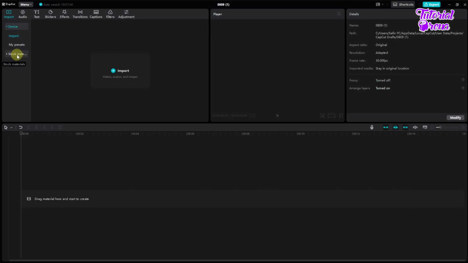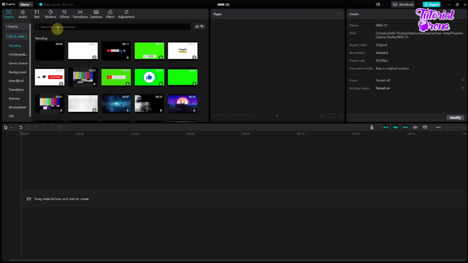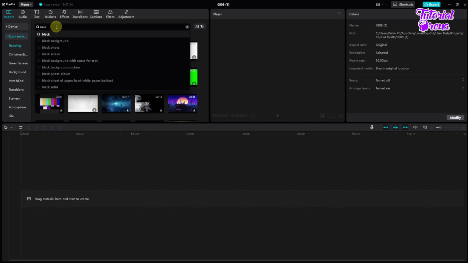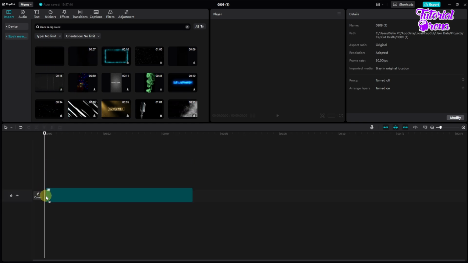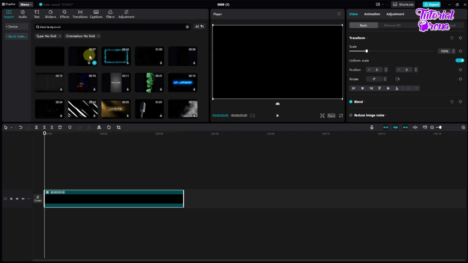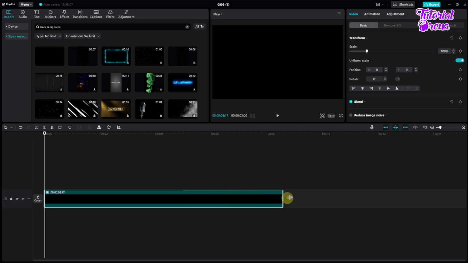Just tap on it, and from here you need to search for black background. Just search for the black background over here, and then as you can see we got photos or videos like the black background. So I will drag the photo. In my case you can also add the video, so let's just move it like 10 seconds long,